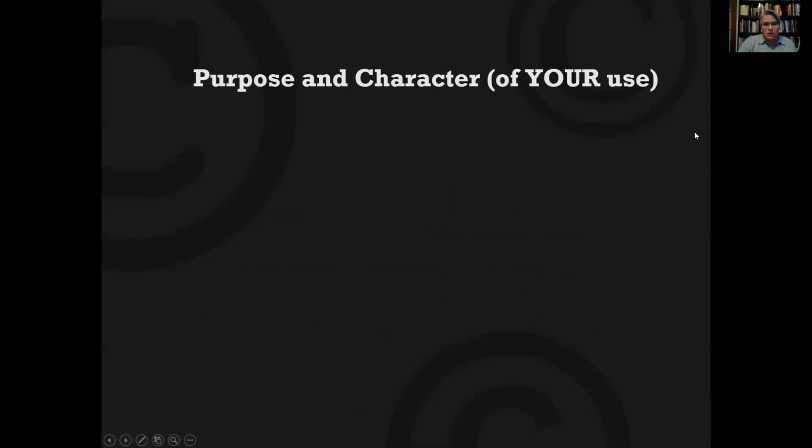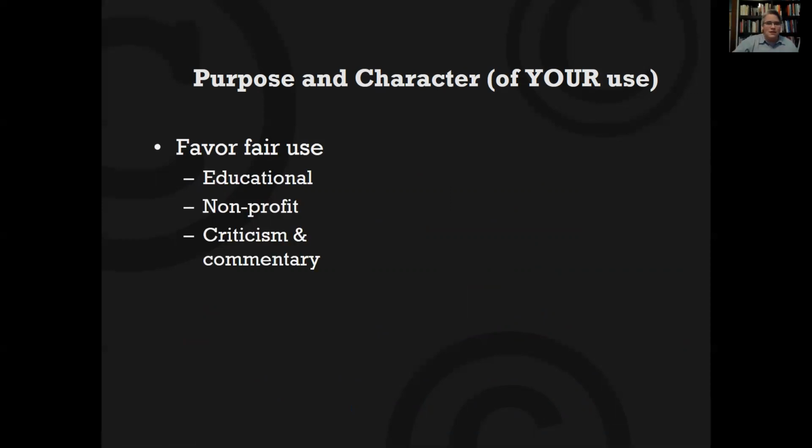First is the purpose and character of your use. Things that tend to be more likely to be fair use are educational purposes, yay, nonprofit purposes, criticism and commentary purposes. All of these tend to weigh in favor of fair use, and all of these may be applicable separately in a classroom use. Things that we know for sure weigh against fair use here is a commercial purpose.